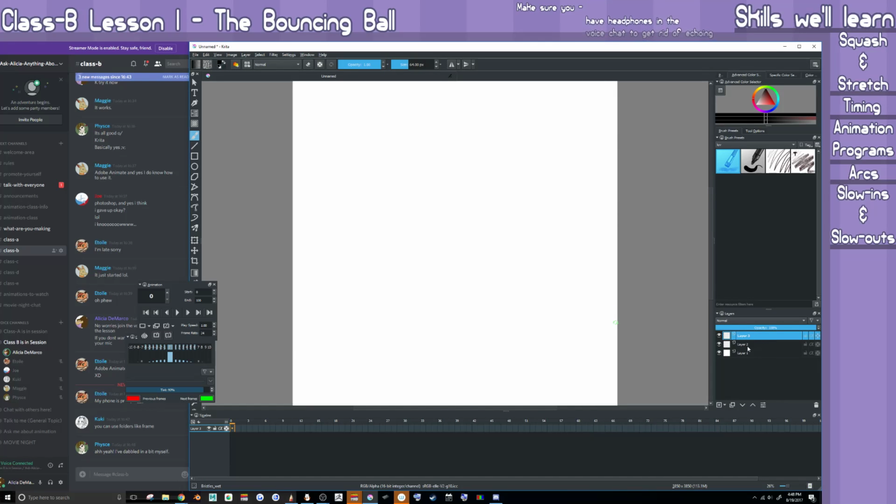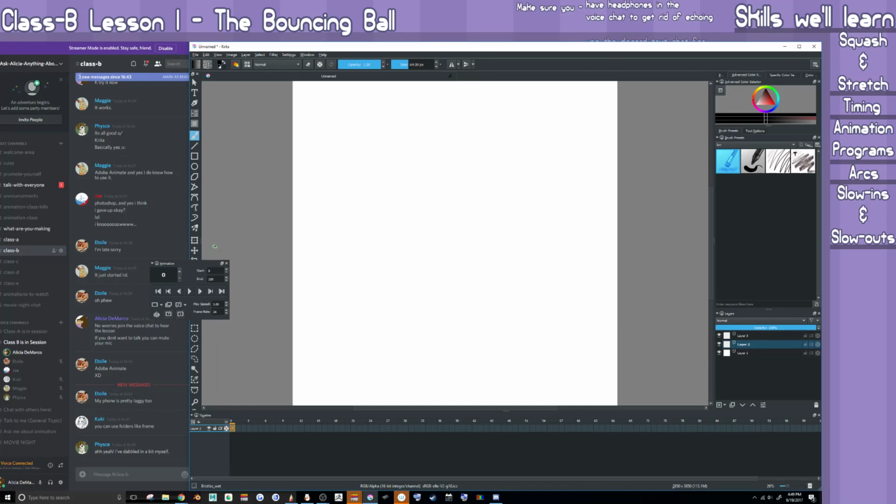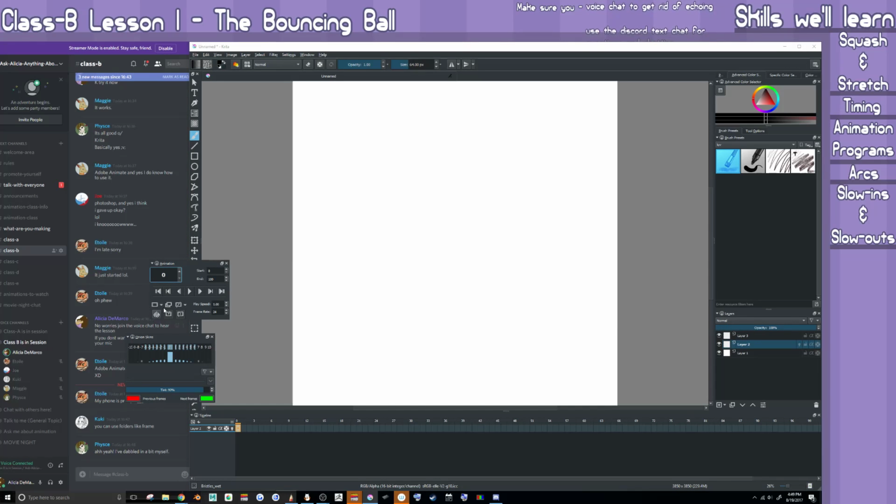When you make a layer in Krita and you turn on the onion skin and you make a new frame by clicking this little thing over here,